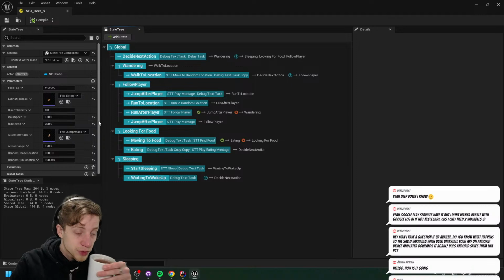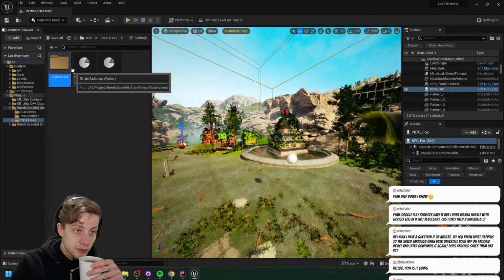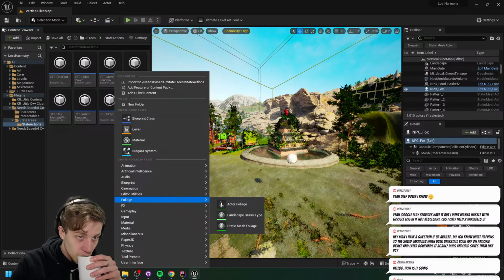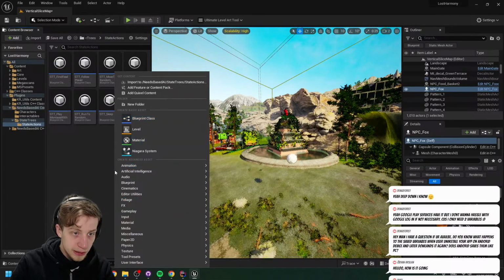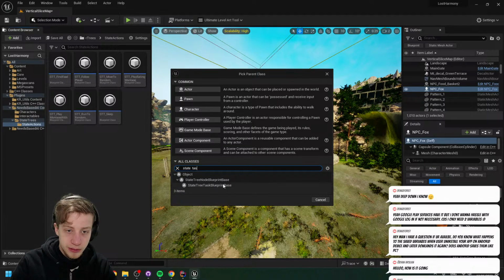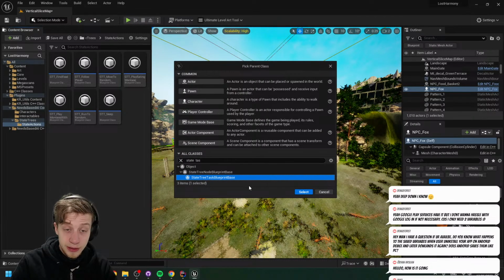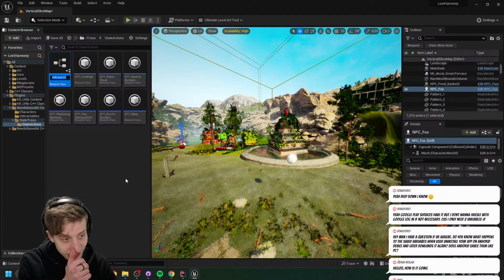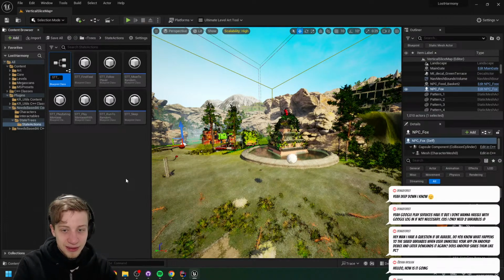And we're gonna add here an option for a new state that's gonna be playing around. So I'm gonna need to get a state action. Not state action, state task. Look at me complaining about state actions and state trees and still working with it. Hopefully I'm not gonna regret this later, but we will see. All right, let's